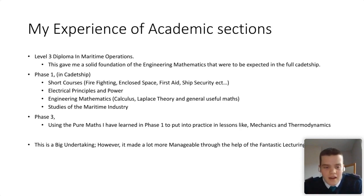For example, the firefighting, I'll talk about that one because that was my favorite. It's a 3-day course at a centre, which in South Shields is called MOST, where I'm studying, and it's just on the river. You have 2 days of learning in a classroom, learning all about your BA sets, how to don them and how to be comfortable in them. Then for your first exercise, you get a cold smoke exercise, which consists of going into a building from the very top. The building's full of cold smoke, a generated vapor from a machine, so you get the idea of not even being able to see your hand in front of your face